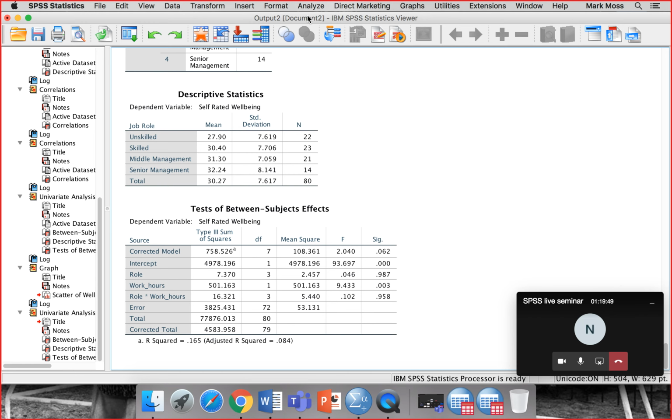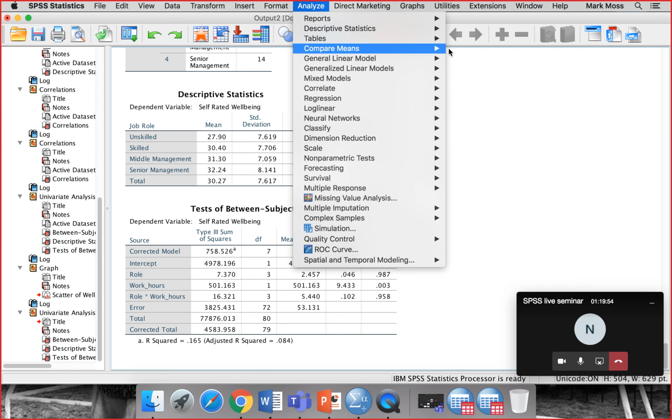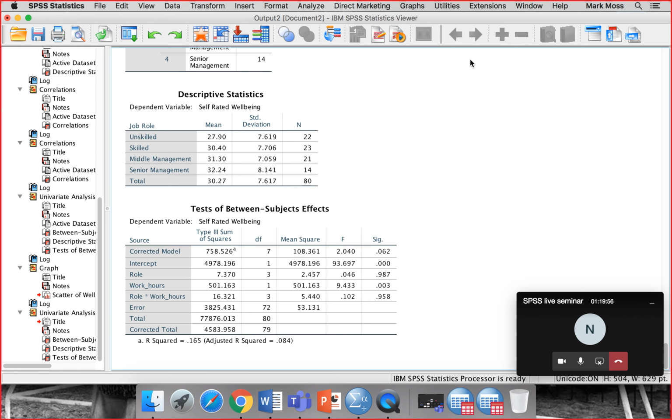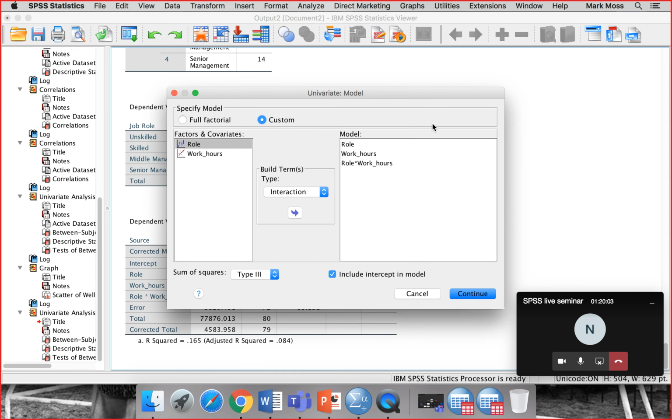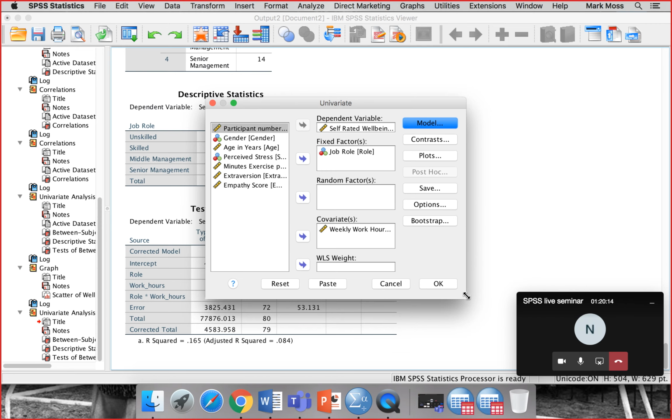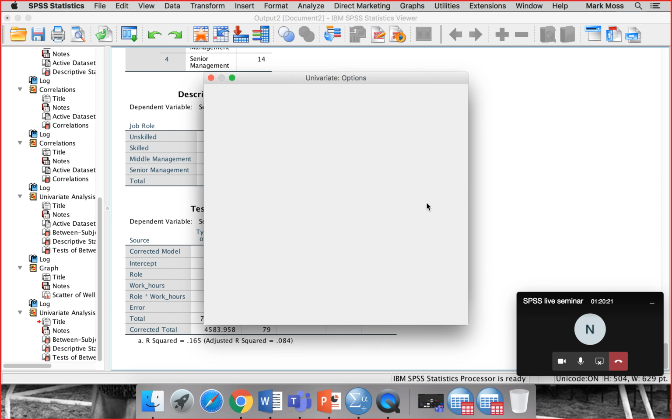So we can do the analysis of covariance now. We have to go back to Analyse, General Linear Model, Univariate. We have to go back into the model, and rather than our custom model, we are now using a full factorial model. So we go back to that, click on Continue. Then in, let's see, Options,